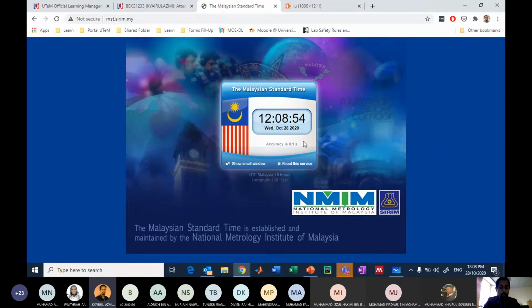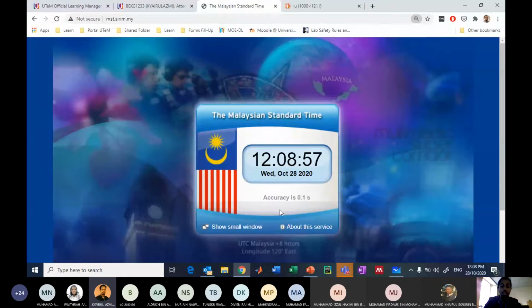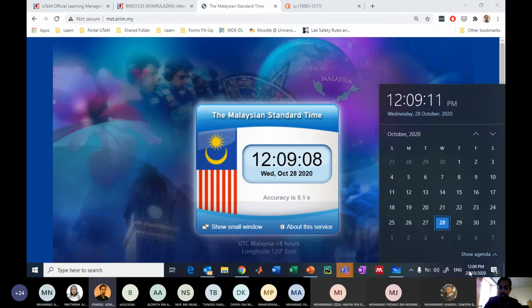Here, if we check, it's already mentioned that the accuracy for this time is 0.1 second. Now, as a comparison, let me check with my computer time, whether it's the same or not. Okay, so my computer time shows a difference of about 3 seconds. And if I want to, I can calibrate this and set it so that it matches the Malaysian Standard Time. So you can also look at your clocks, watches, your mobile phones, and see whether the time is